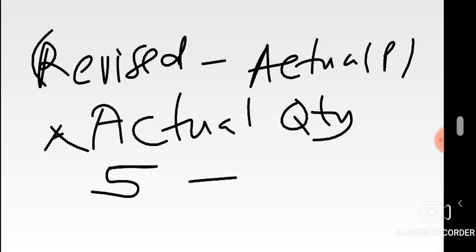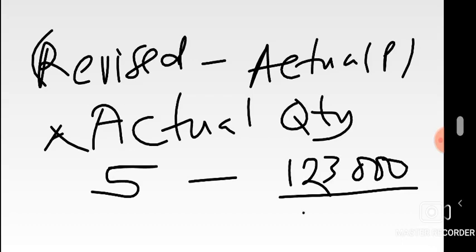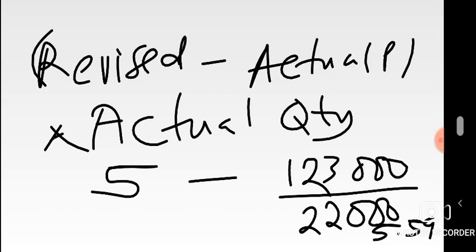What about actual? Well, all we just know is that they are planning to have 22,000 kilograms, which cost how much? 123,000 kwacha. Now you're looking for a price per kilogram. How do we get it? Well, all we know is that we have this as the overall cost. What about the kilograms that they actually want to have done? 22,000. Since it's a price per kilogram, that's why we're dividing by kilograms. So when you divide these two figures, you get 5.59, which you can just round off to at least one decimal place, which will be like 5.6